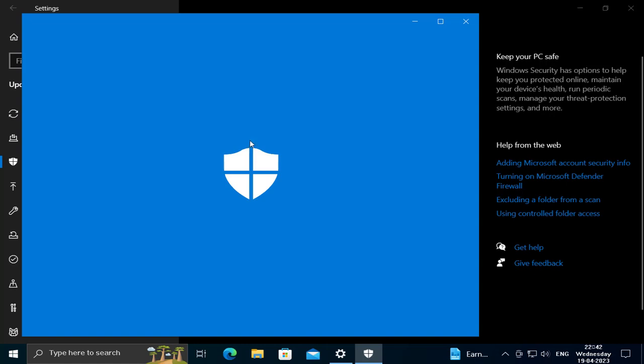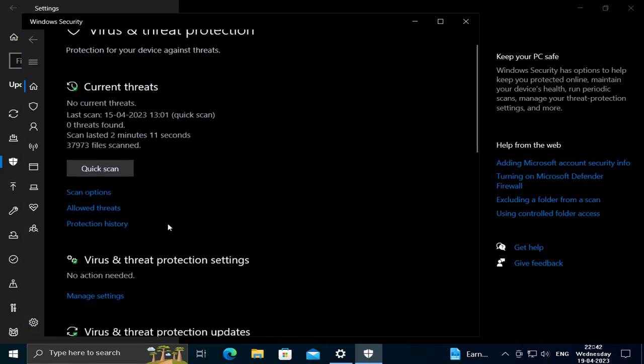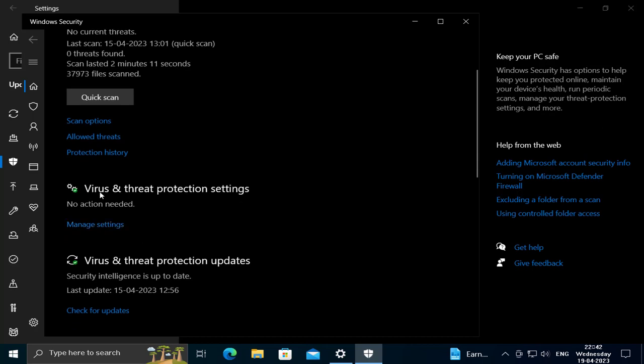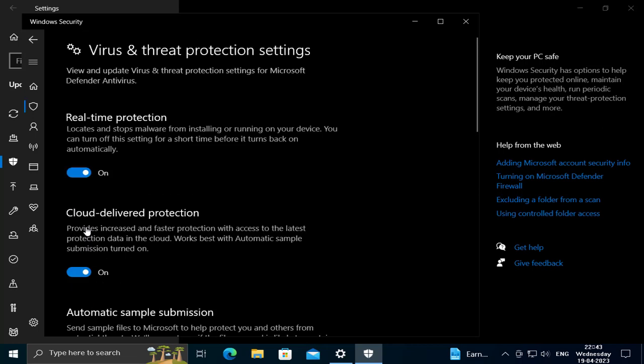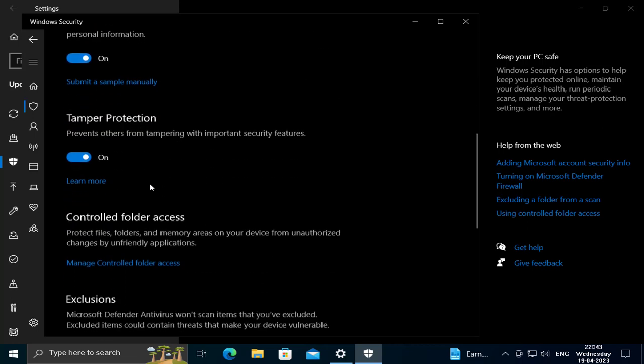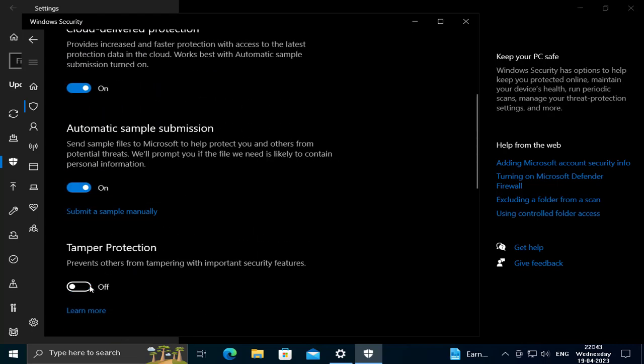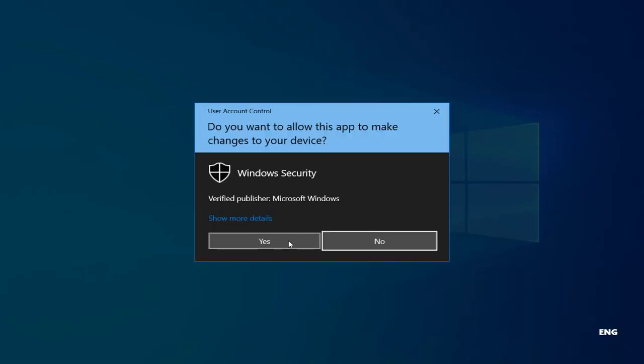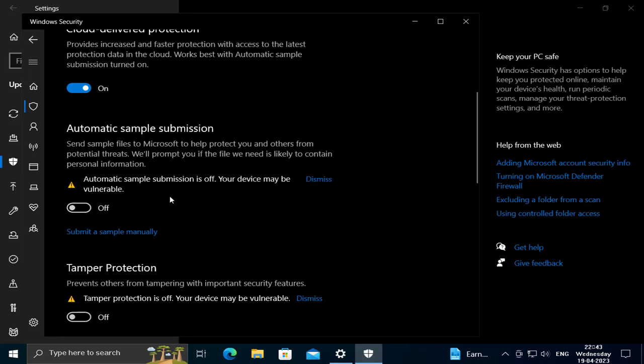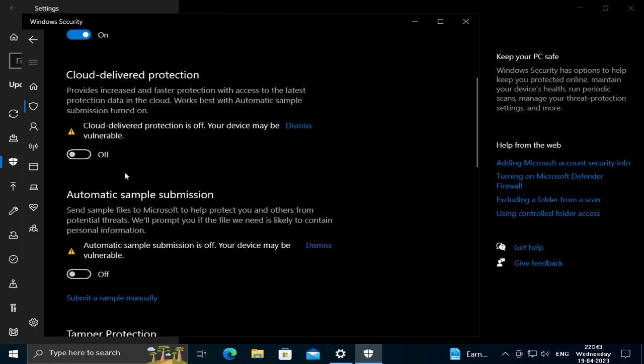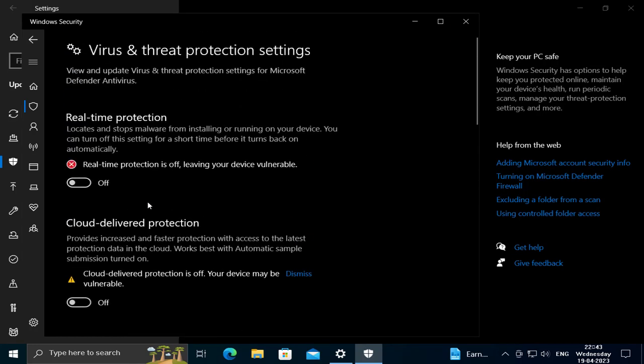A new window is opening. You need to select Virus and threat protection settings, and click on Manage settings. Under real-time protection, you need to disable all of these. Temporarily, everything will be disabled for you. After installing your software, you need to